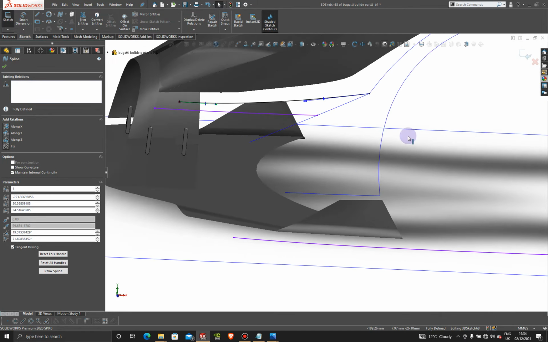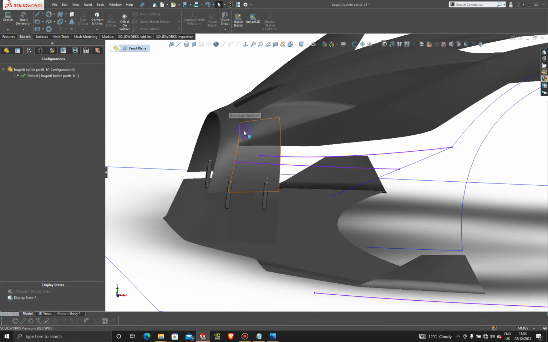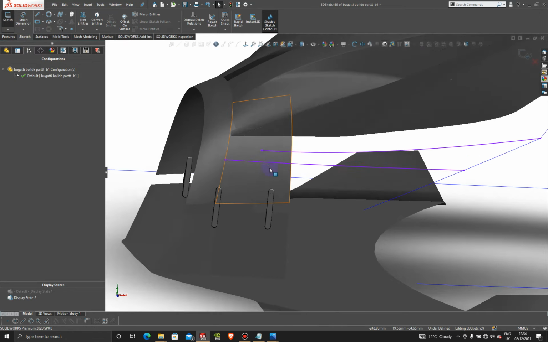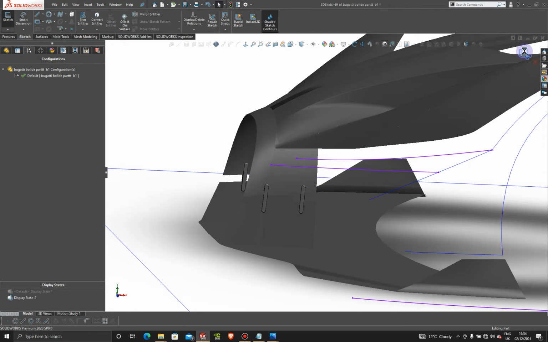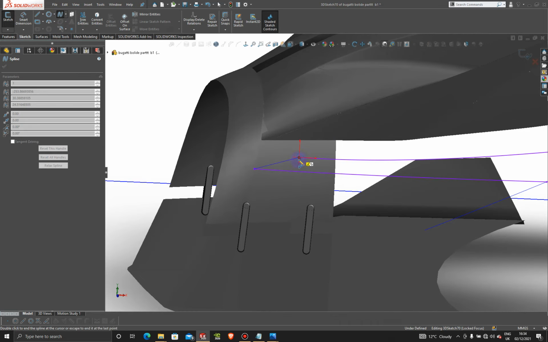Somewhat similar to the other one. Okay, that looks good. All right, and we're going to add another 3D sketch, a different 3D sketch, of course. So make sure you exit every time if it needs to. You exit from the previous 3D sketch and you make a new one. So from this point to this point here,